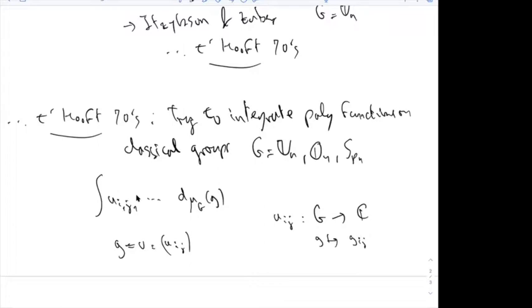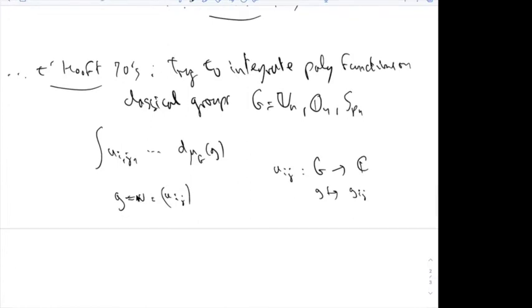What he's been trying to do is very natural in my opinion, because this is a compact group, and if you're able to compute all these integrals, then by the Stone-Weierstrass theorem, you can approximate in norm every continuous function. And if I know how to approximate every continuous function, I know how to integrate every continuous function. And then by the Riesz representation theorem, it means that I understand completely the measure, because understanding a measure is like understanding its integral against every continuous function.